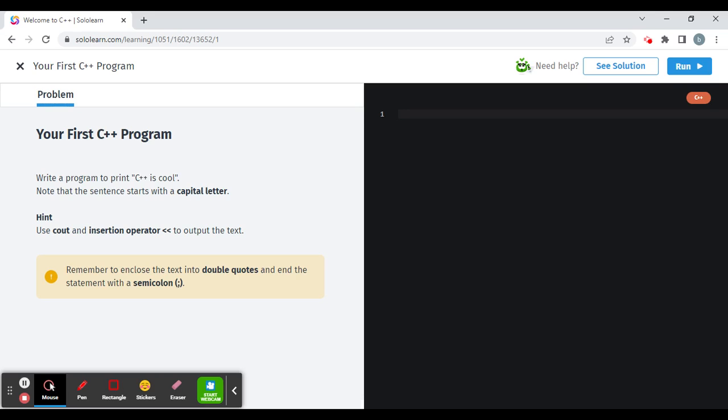Plus who knows, you could come up with something very interesting, but let's just do it for right now. This is a very simple one, so let's just go ahead. So hashtag, or I don't know if I should call that the pound sign, I don't know, but include, and then iostream.